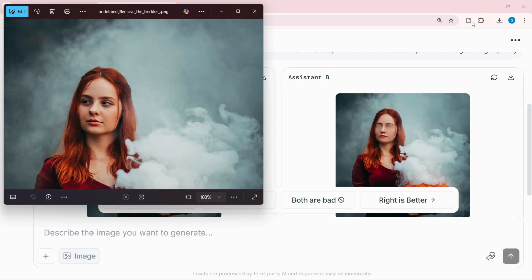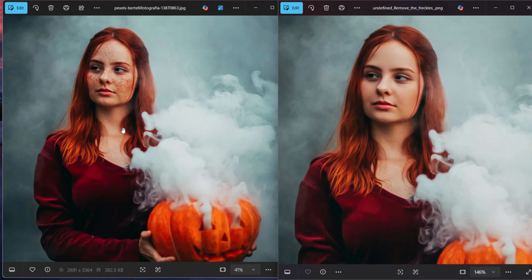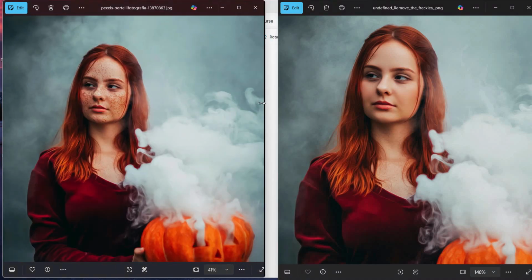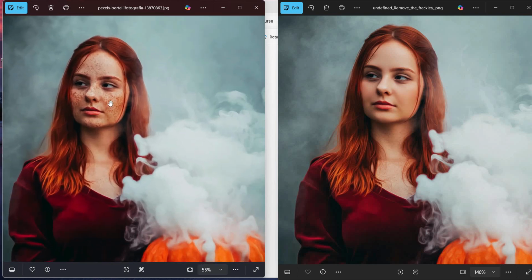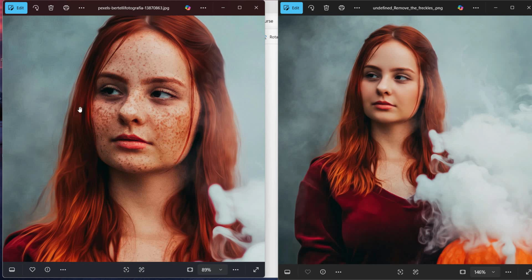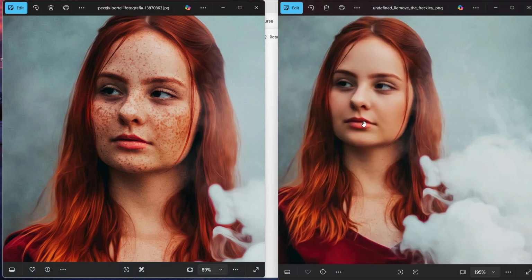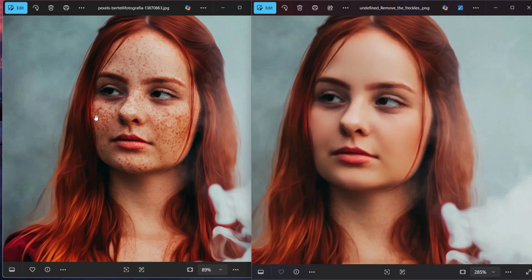And let's compare this with original picture side by side. So when we compare both of these side by side, you will notice that the facial features are intact. It didn't change a thing, but it hasn't maintained the natural texture of the face. That's the only problem, but otherwise it has completely removed all of these freckles or blemishes from the face and makes the skin clear. So that's how you can use Nano Banana to perfectly remove the blemishes or the freckles